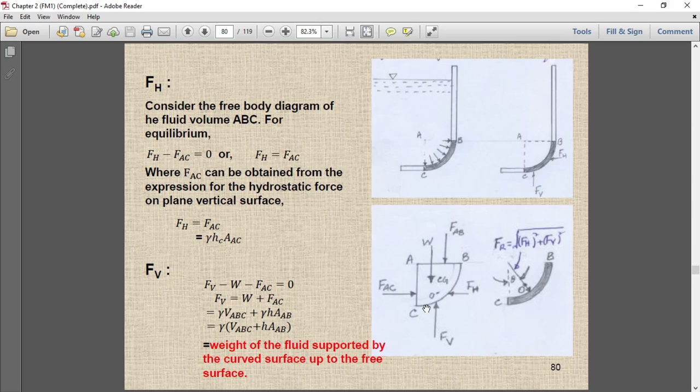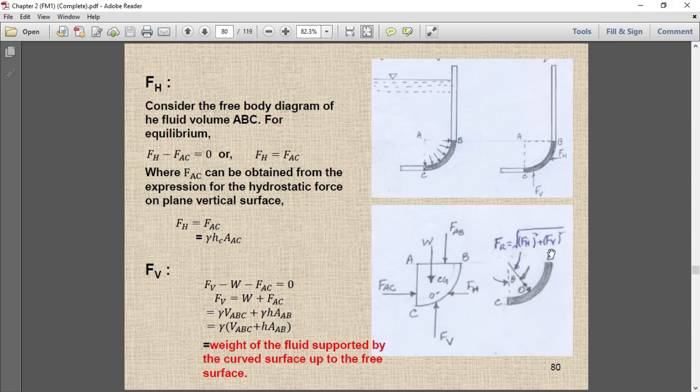This is a surface where the pressure is uniform. Okay, this is the flat plate where the pressure is uniform. So it's very simple. This is basically gamma H into AB, where H is the height of the fluid from the free surface, into AB. So by this way we can say the weight of the fluid supported by the curved surface up to the free surface. If you know FH and FV, you can easily calculate the net resultant force acting on the curved surface